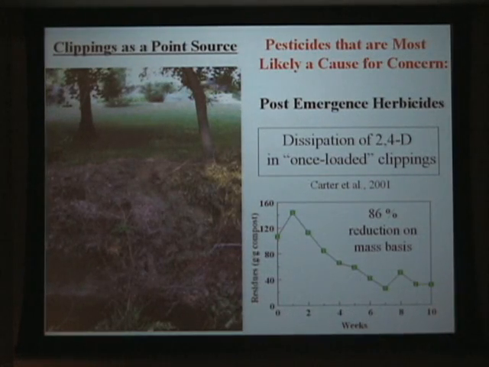The point I want to emphasize here is that there's a disconnect. People don't understand that pesticides can end up on foliage, and they can actually persist on foliage for a very long time. Here's a good slide showing some data from Guelph University, a composting study. How long were pesticides present within the foliage? What you can see is that over a 10-week period, you got an 86% reduction. But you still have 14% of the 2,4-D that was present in those clippings at the beginning still present at the end of 10 weeks. So the point I really want to make here is that this is something that